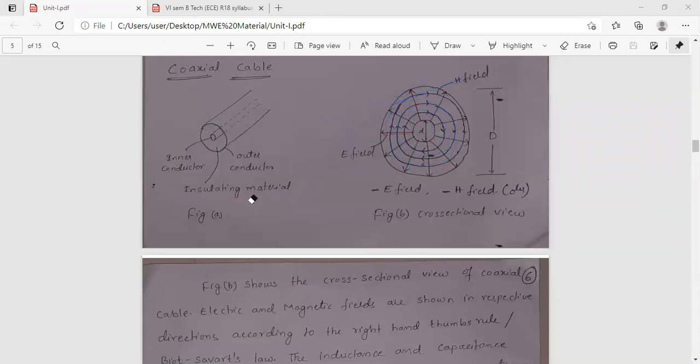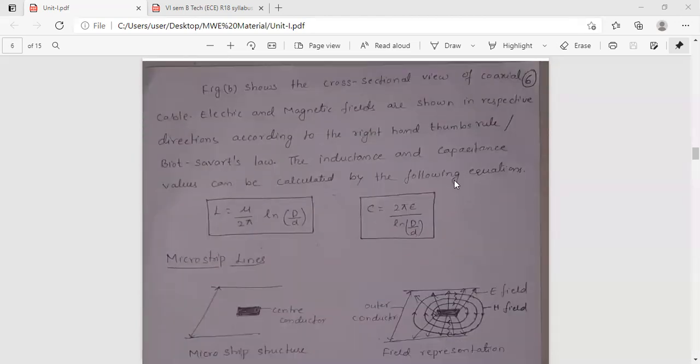And we'll see the same expressions for the capacitance and the inductance. You can see the expressions: inductance is given by this expression and capacitance by this expression. I have a note of this, so you can solve some basic examples by taking the parameters. Please do remember, we'll be working with these expressions. A few small basic examples will be done.